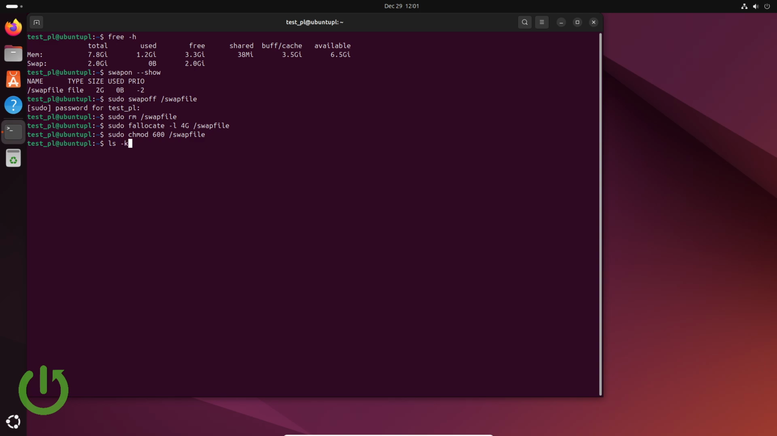We can check that by typing in sudo ls -lh and swapfile. As you can see, only read and write for the administrator, and for the rest there are no permissions. So it is working. And as you can see, it is also 4 GB, so it also worked. This command created the 4 GB. And right now